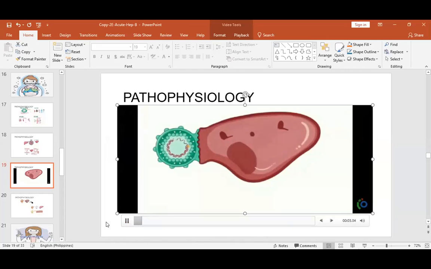So, hepatitis B virus enters the hepatocytes by fusing its membrane with the cell membrane and releasing the capsid into the cell. The cell's polymerase elongates the shorter strand of the viral DNA and now forms a complete double-stranded DNA with a long strand. Then it travels to the nucleus. There, it's transcribed by the cell's transcription elements into multiple mRNAs, which leave the nucleus and use the cell's ribosomes to create viral proteins like DNA polymerase and viral antigens such as HBs, HB core, and HBe antigen. The largest mRNA is used by the viral DNA polymerase to replicate the viral DNA.